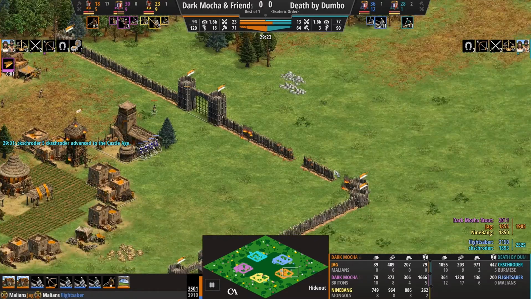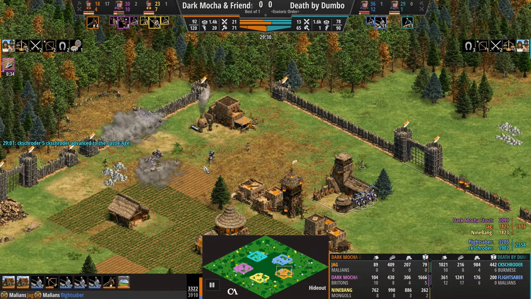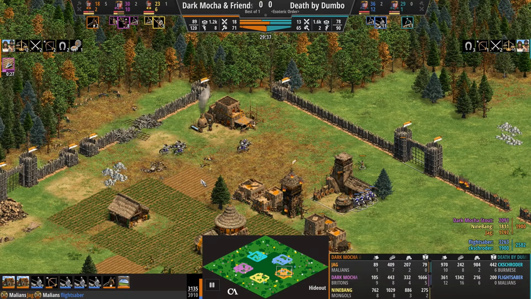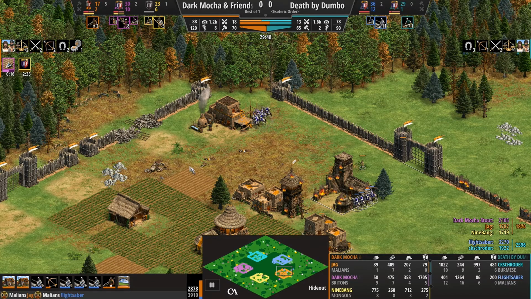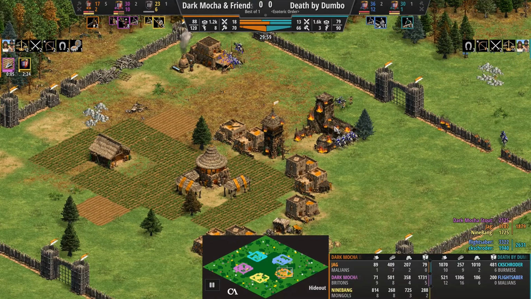Meanwhile, that main mass of knights that I was collecting out here moves in. Okay, so I saw that they were archers and men-at-arms and not spearmen. So I dive in and take them out. I've got enough to take out the towers. Towers can't hit me